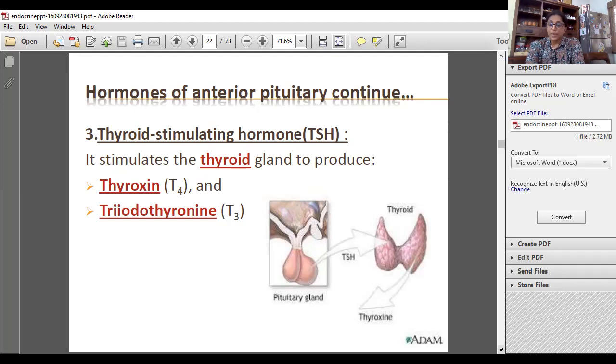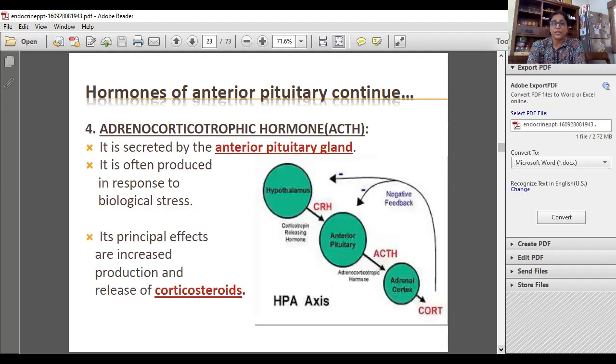Now, in hypothyroidism, when we see the report of a patient, we have to see that TSH has risen because of the negative feedback mechanism. That is, there was low T3 and T4, the body stimulated the secretion, and this TSH has been increased, resulting in normal T3 and T4. So you have to learn to read the reports of patients who are presenting with thyroid disorders.